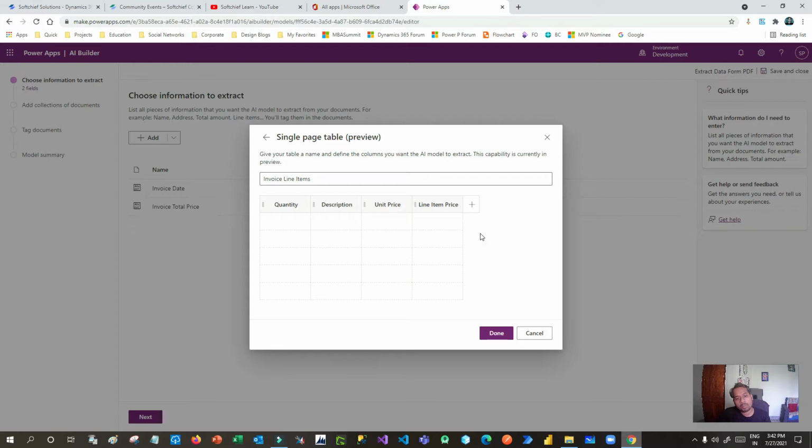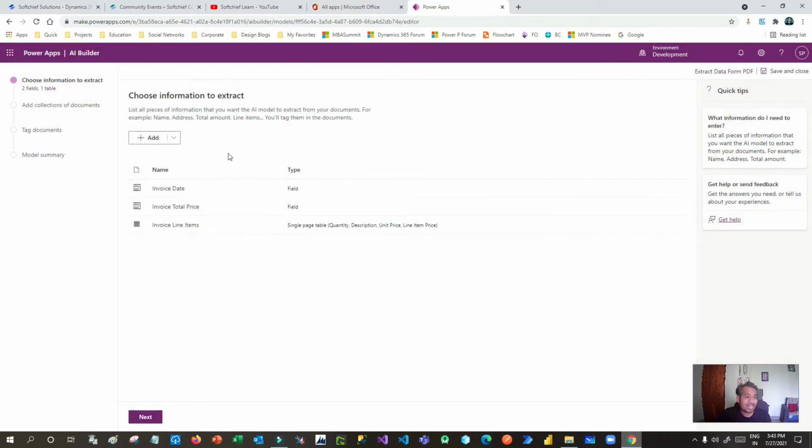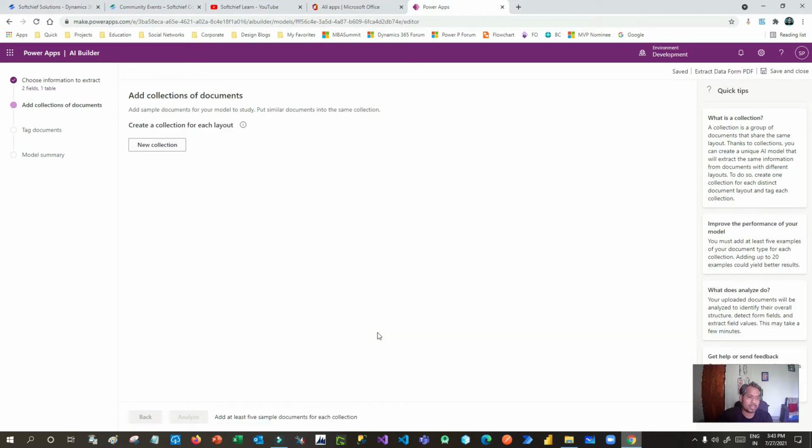Now my table is done. Now I have declared. So at this step you have to choose the information you want to extract. I am trying to extract 2 field values from that PDF and 1 tabular value. So click on next. When you click next, it will ask you to provide the collection of documents because this